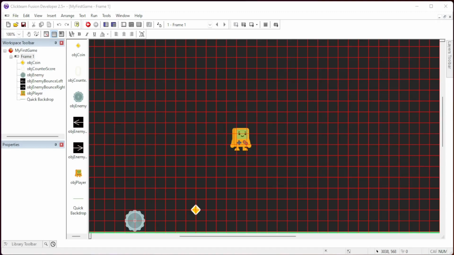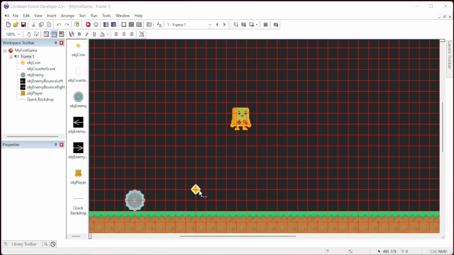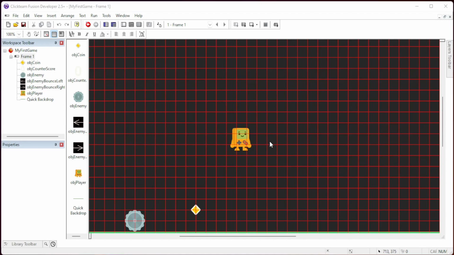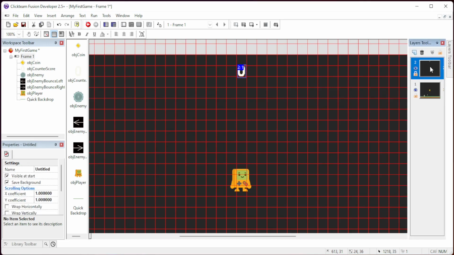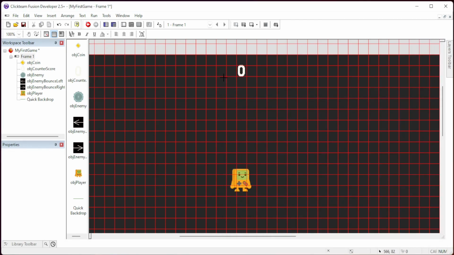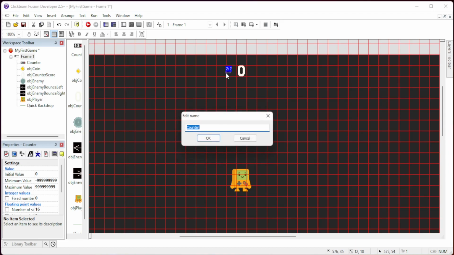Welcome back, everyone. In the previous lesson, we had created our object counter score and it is keeping track of how many coins that we collect. But just so we know what object it is counting, I want to go ahead and create another part of the interface. So let's make sure we're on layer 2. With layer 2 selected, we're going to create a new object and just select the counter, hit OK. We're going to bring it right next to our actual counter here. And this one, let's rename it to obj coin icon